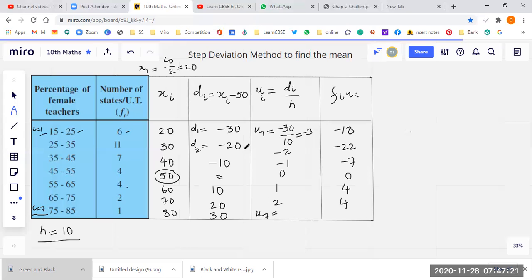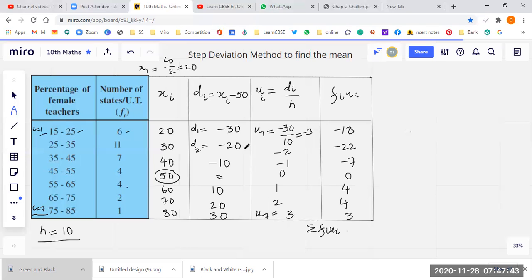We have not written u7. So this was, I think, 20 divided by 10 was 2. Then 30 divided by 10 would be 3. Right? So 3 into 1 is 3. Very good. Now students, you calculate summation